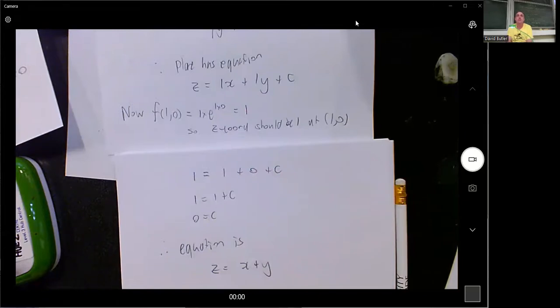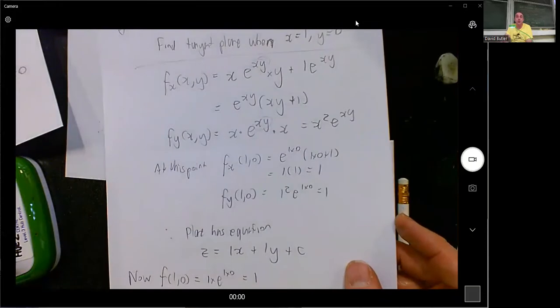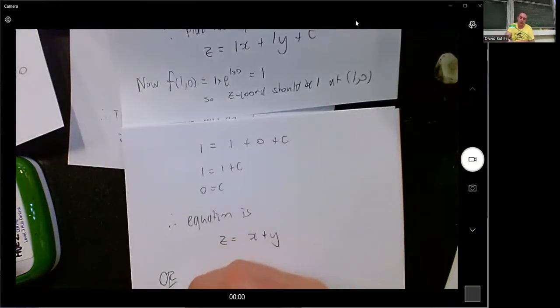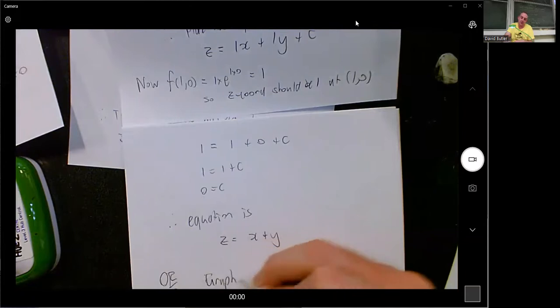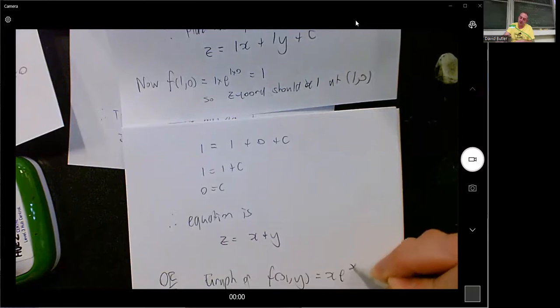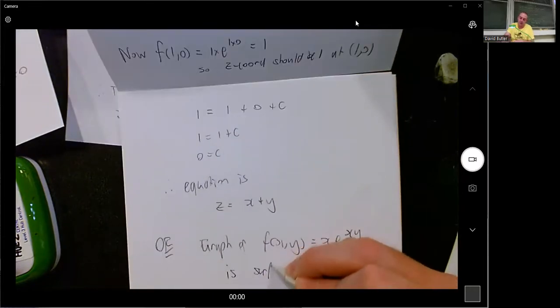How are you feeling? There are alternative ways of doing it. We could have done this one by the same way as the other one if we wanted. We could have said the graph of f of x, y is x e to the xy is the surface